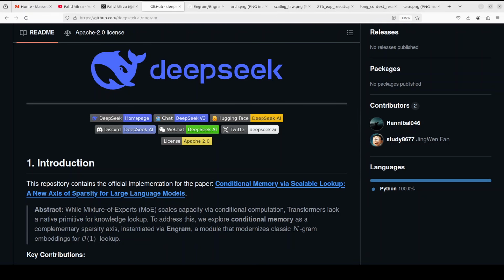DeepSeek is back, and back in style. They have released Engram, which I believe is going to be the cornerstone of various models down the road, especially in the short run. In this video, I am going to unpack this Engram in very simple words without expecting you to be a machine learning engineer, and then we will also look at a demo of how exactly this thing works. Also, a promise: if by the end of the video you are still unable to understand this Engram,